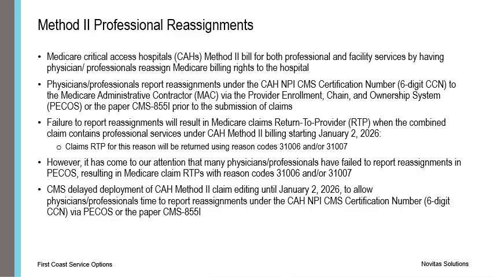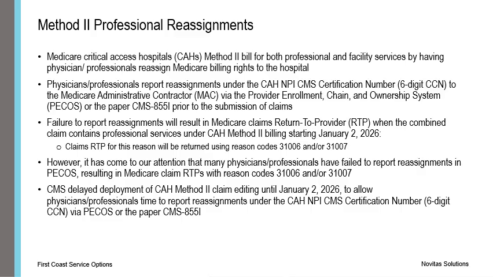Physician professionals report reassignments under the Critical Access Hospital NPI and CMS 6-digit CCN number to that Medicare Administrative Contractor, your MAC, via the Provider Enrollment Chain and Ownership System, known as PECOS, or the paper CMS 855I, prior to the